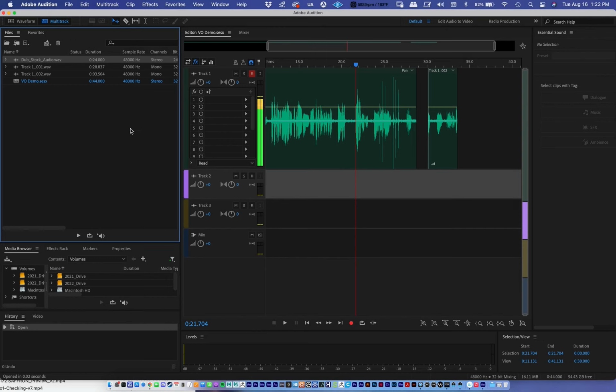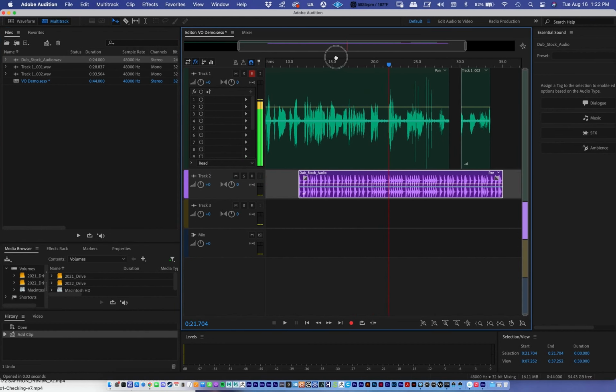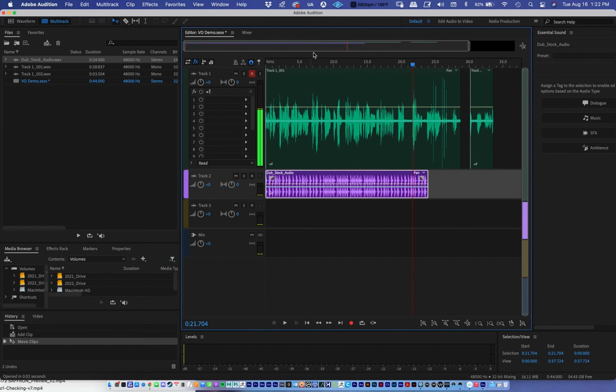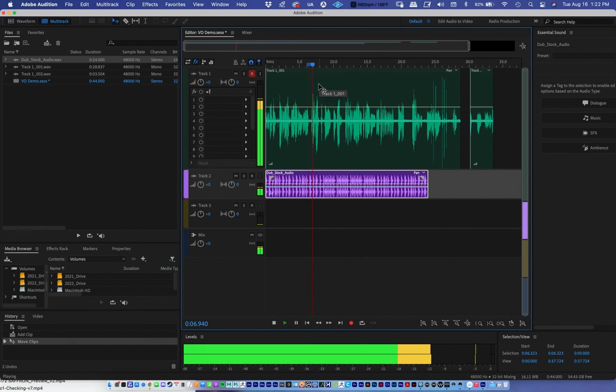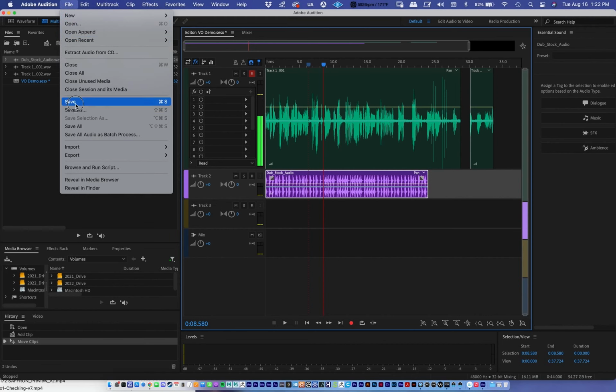And if I want to bring that into the session on track 2, I can just click it, drag it, and then I can either put it at the beginning or I can put it later on right there. And now, oh, whoops, let me make sure I'm zoomed all the way out and drag it to the beginning right there. Right, so we have an audio file right there. And if I go to File, Save,